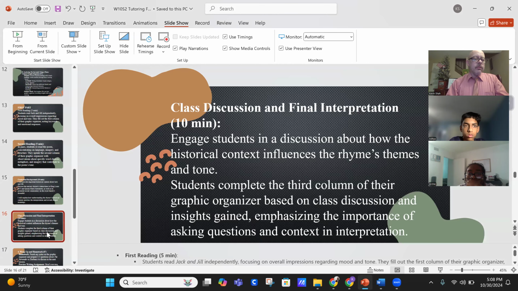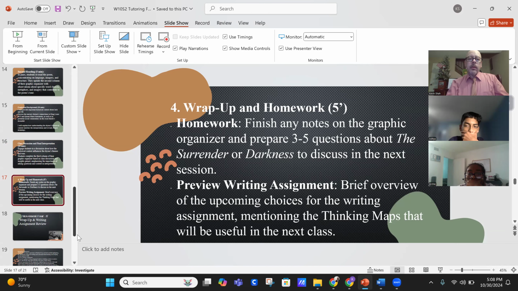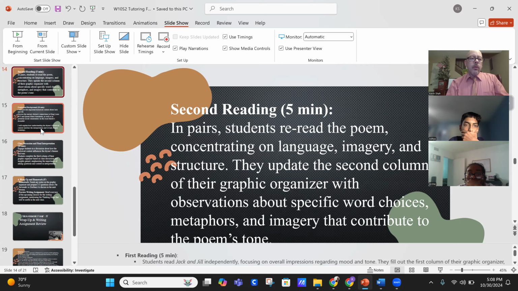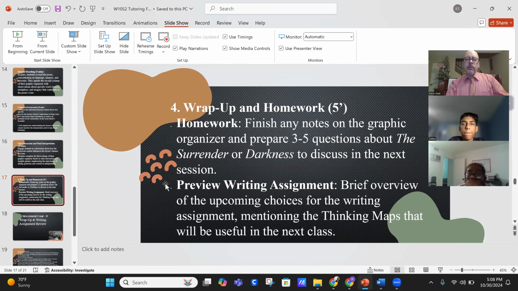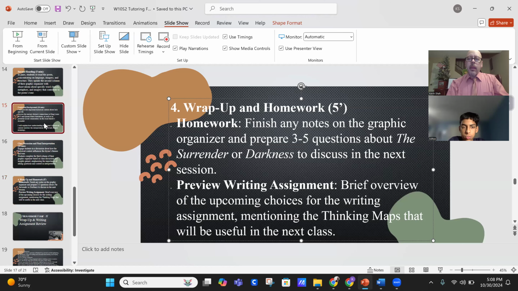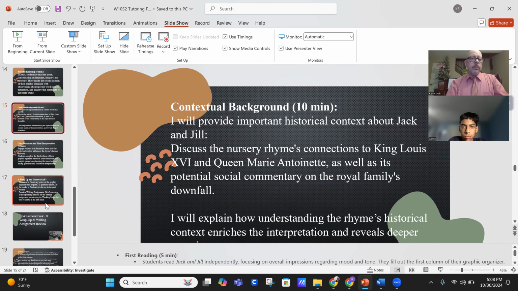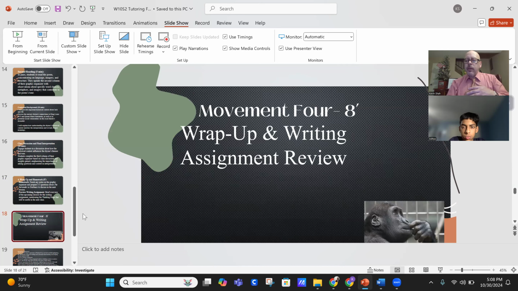let's look at this and what I want us to do, I'm trying to figure out what was this other poem. So there was Darkness. Darkness is not the poem we want to do because it's very long and I changed it at the last minute. The Surrender was just basically a painting. So I think we have about 22 minutes left. And so we would have about 14 minutes for the next part.